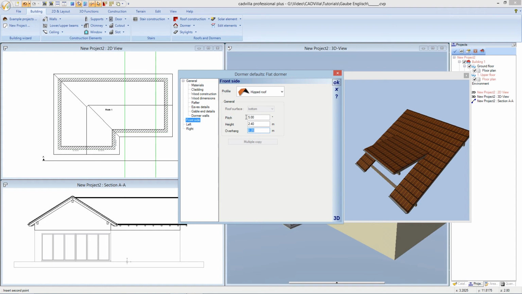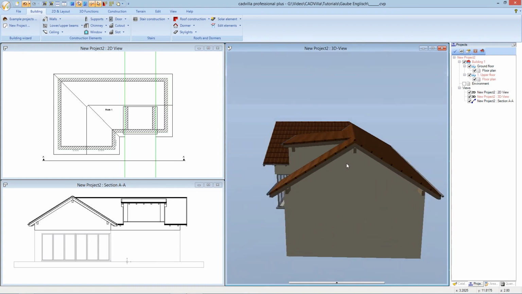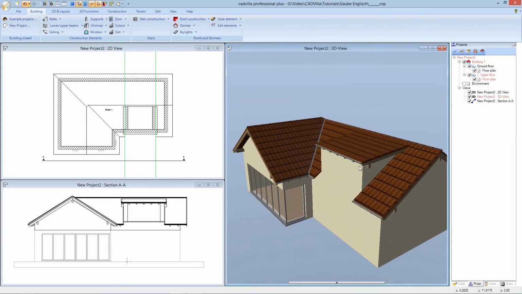To make a not too long video, I have already defined also the left and the right roof side with an overhang of 0.20 meters, and finally we can press OK. The flat dormer is created, and when we select the 3D view, we can take a first look at it. We select again the 2D view,